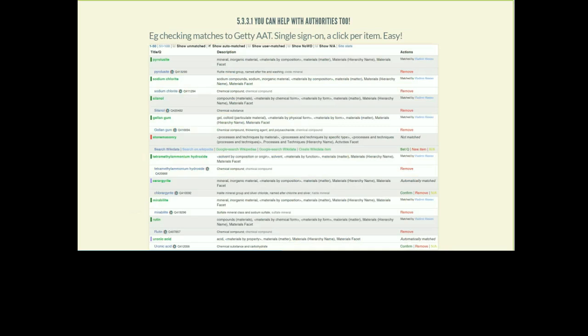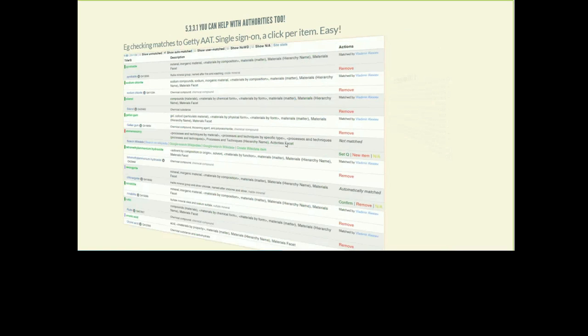Here is how to work with the co-referencing. So in the AT, I just said, yeah, this pyrrolusite, which is an inorganic material, yeah, sure, it's a mineral group, looks like the same thing, didn't even have to open any of the records, check, is the same thing. Whereas this here, stone masonry versus the matching Wikidata item stone mason. One is a process or technique, the other one is the person doing it. It's not really a good match, I removed it. Very fast to work with.